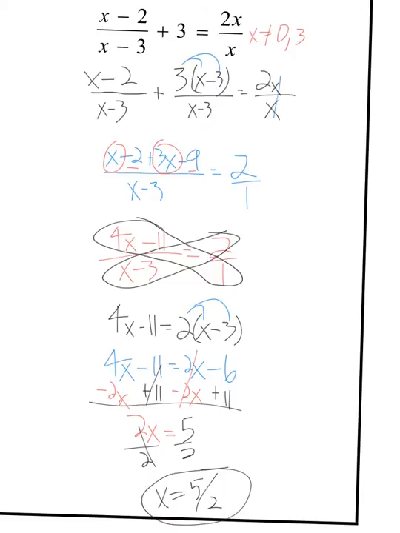So what I did was, instead of getting all three of the bases to be the same, I saw that 2x over x just canceled out the x's, so that just made 2 over 1. And that kind of makes things easy right there. The 3, I just put it over x minus 3, so what you put on bottom, you have to put on top. So that gets me 3x minus 9, and then I just added it to x minus 2, so that's 4x minus 11. And so now that equals 2 over 1, so when I cross multiply, that's 4x minus 11 times 1, and then 2 times x minus 3. So that is